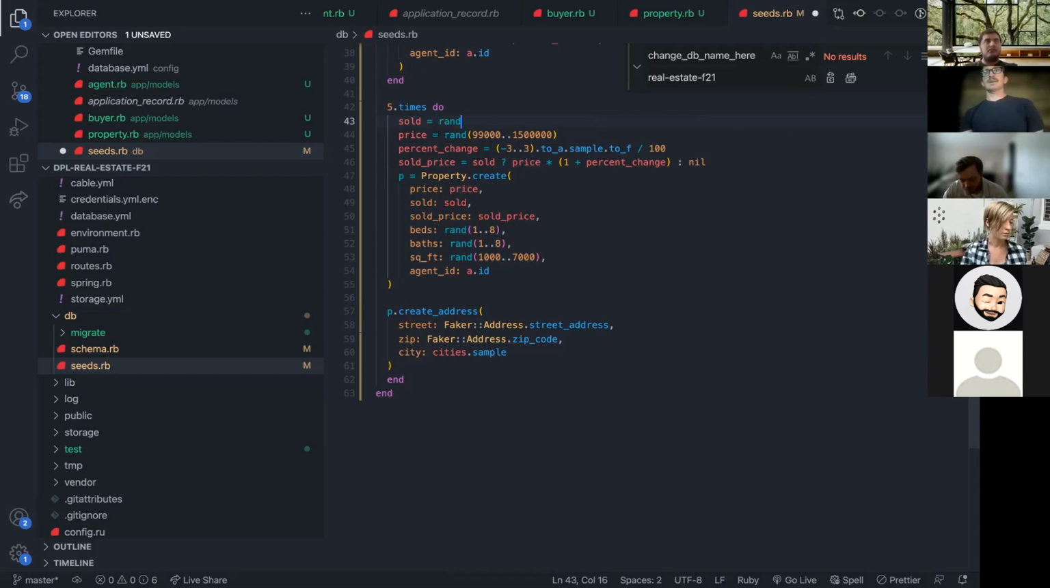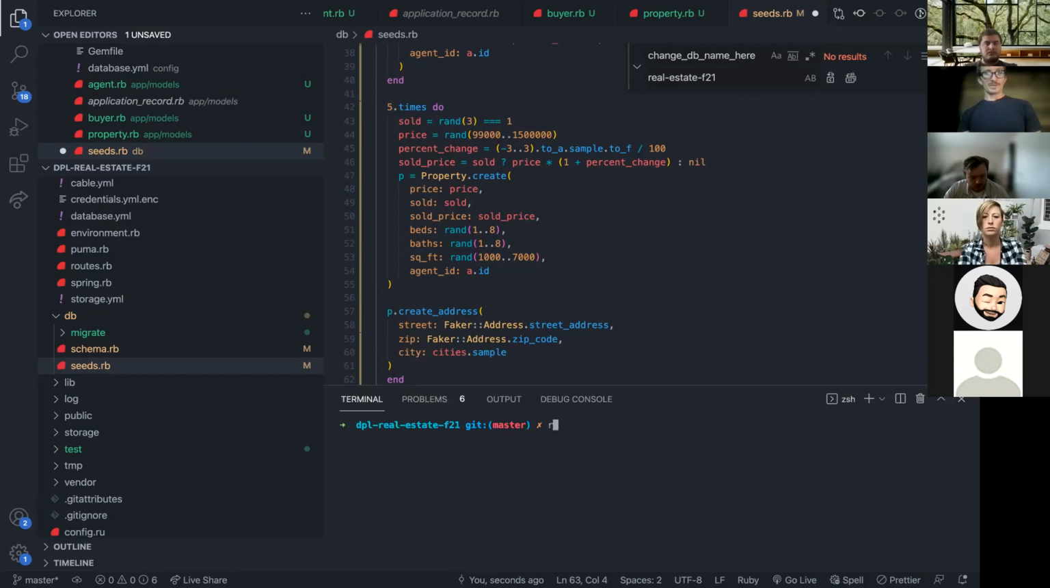So let's say I want a third of my houses to be sold. Well, let's just take a random number. Does that equal 1? Like a random number 1 through 3. I always forget if random goes from 1 through 3 or 0 through 2. So to check that out, I could just